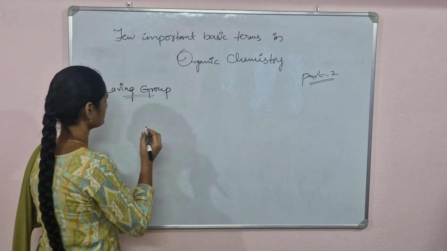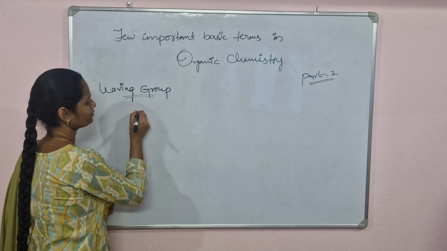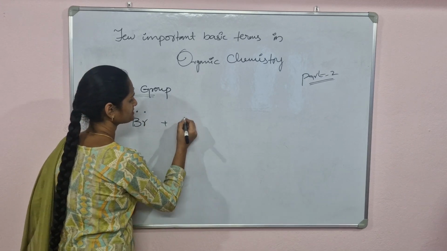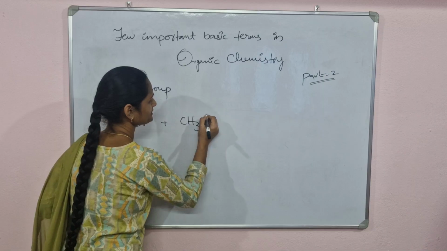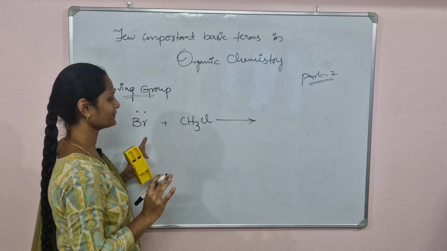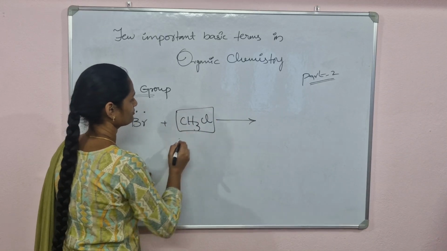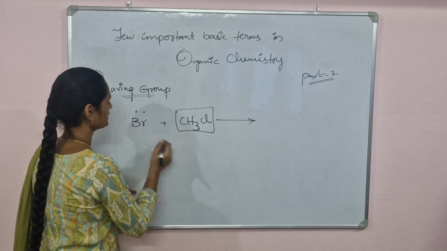For example, in the previous example we have bromine plus CH3Cl. This is not a nucleophile. This is a completely satisfied molecule. Here,